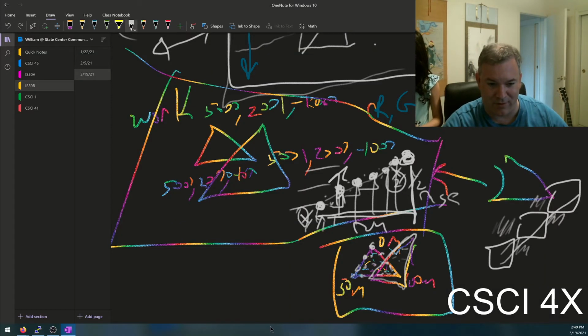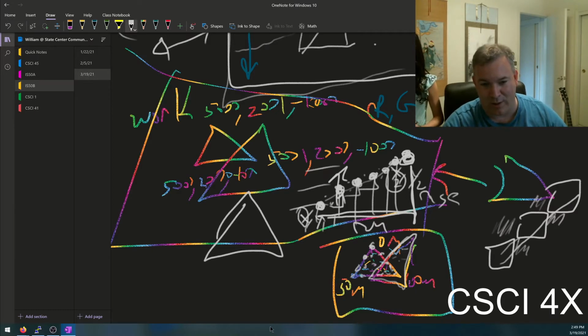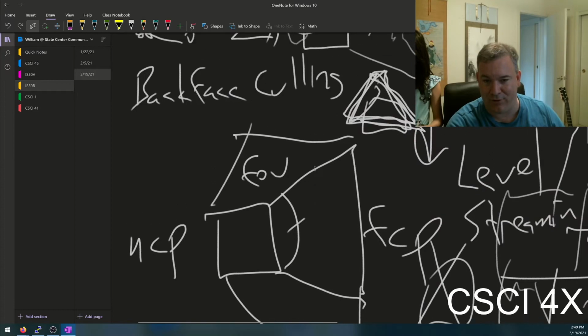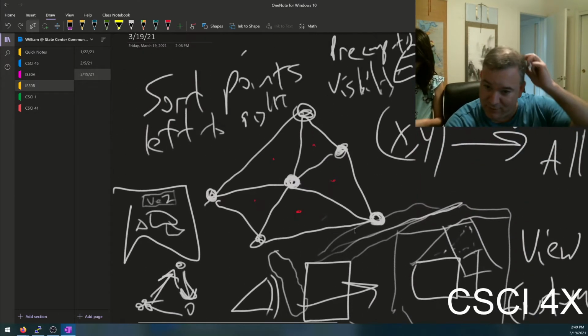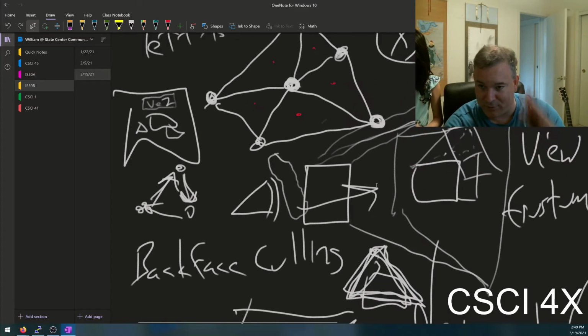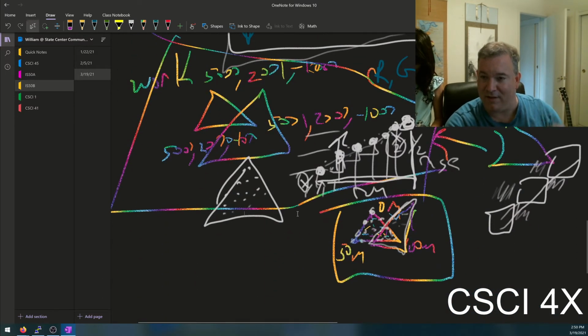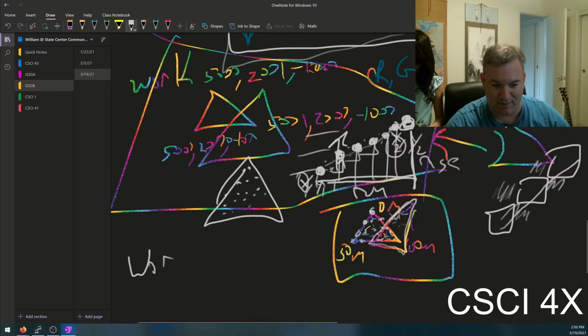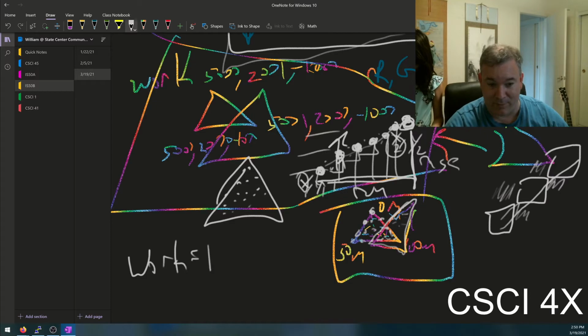Because with a triangle, the loop is this. You've got a triangle, what you do is you loop over every pixel within the triangle and you draw it. And so this scales badly. This scales badly because even after doing all of this culling, even after you've done backface culling and level streaming and frustum culling and all that stuff, your workload is still going to be equal to the number of pixels